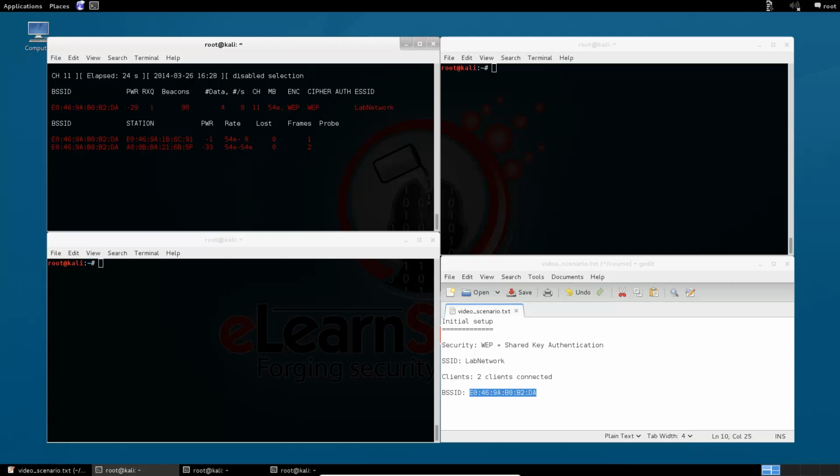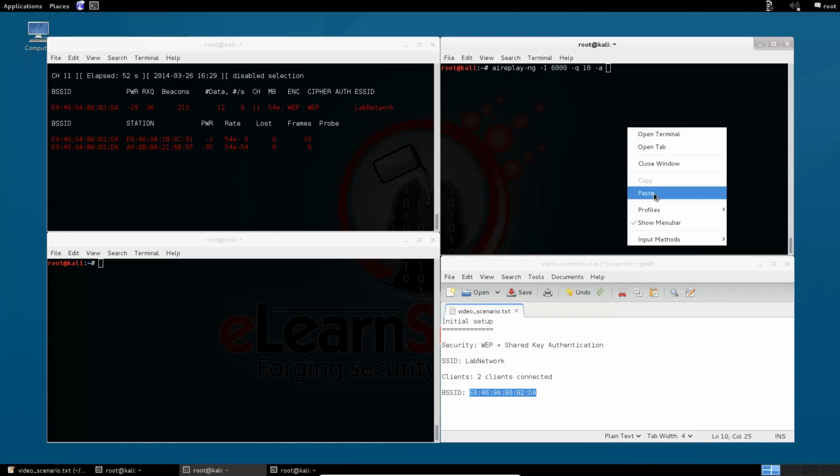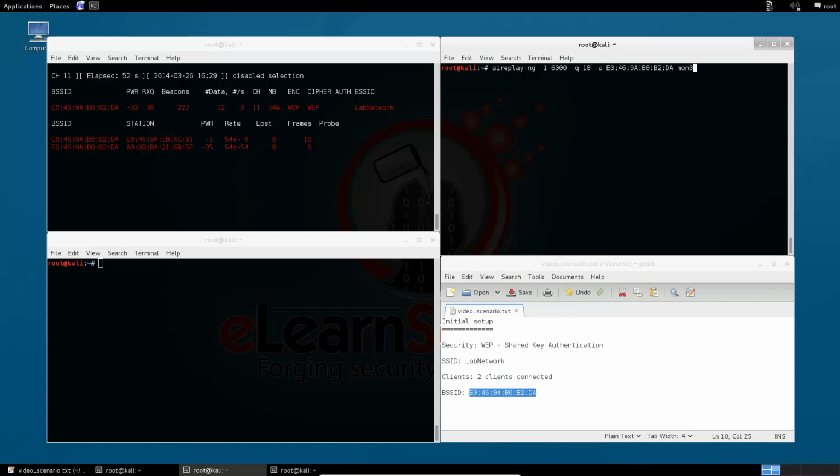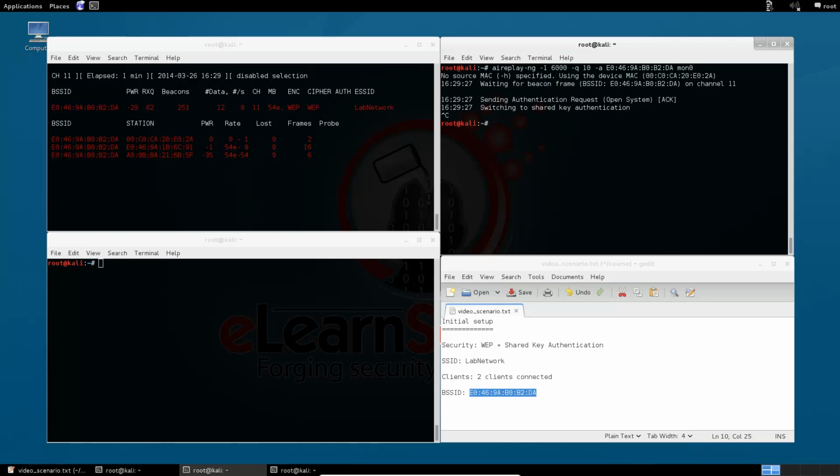So could we just proceed as before? Let's try the fake authentication attack. Launch the same command we used in the previous scenario. Aireplay-ng tries the authentication process against the network, but its attempt is refused because the network is using